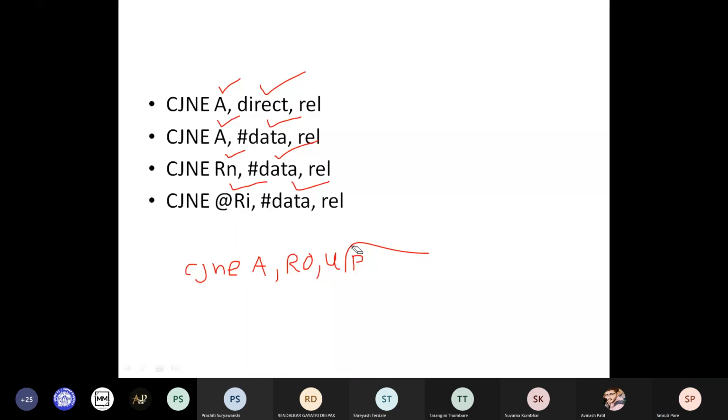Up is just a label. So it will compare A and R0. If A is greater than or less than R0, the only condition is that both should not be equal. Then it will jump to the given relative address. That is nothing but compare and jump if not equal. This is CJNE.